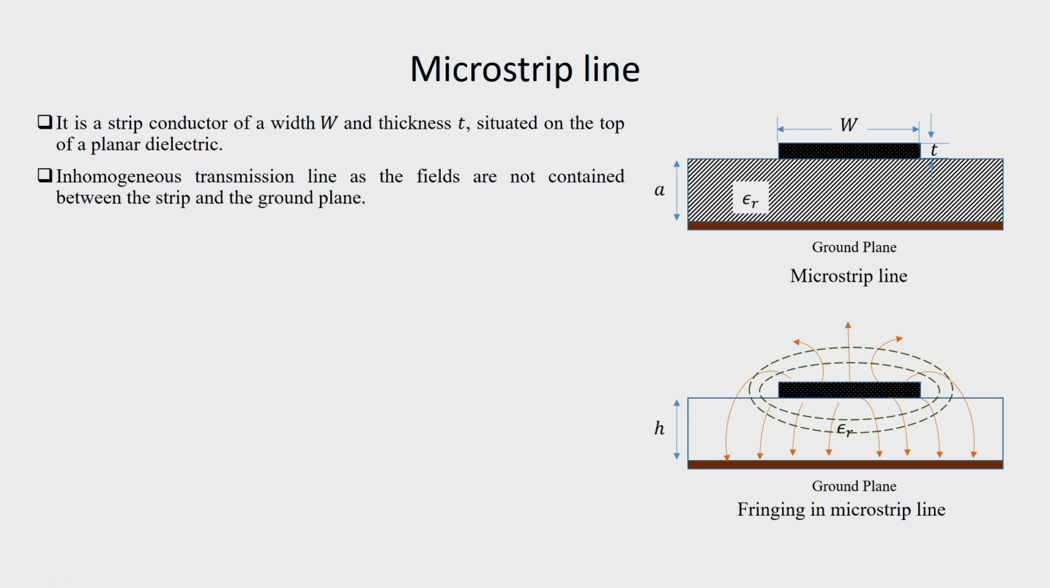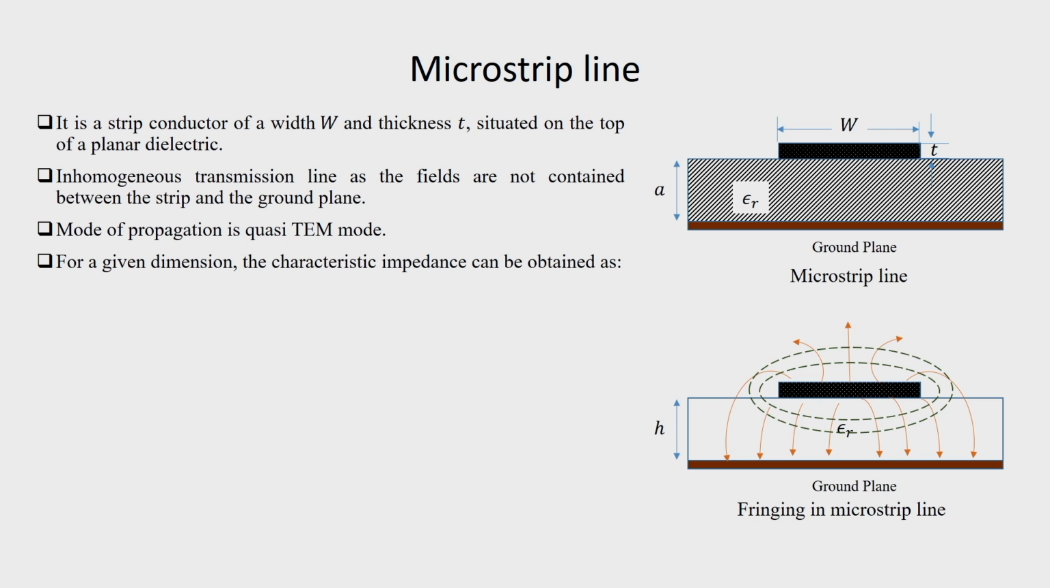So, it consists of a conductor of width W, thickness T situated on the top of a planar dielectric. It is an inhomogeneous transmission line. Fields are not contained between strip and ground plane. Fringing of fields occurs. The mode of propagation is called quasi-TEM, and for a given dimension, the characteristic impedance can be obtained as